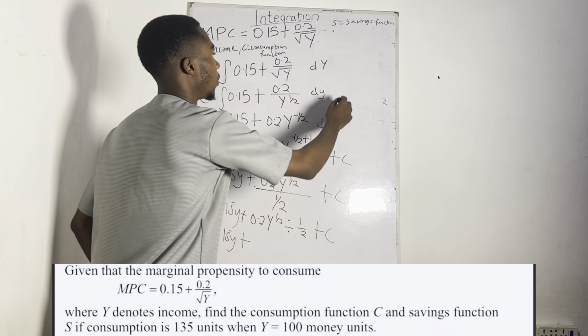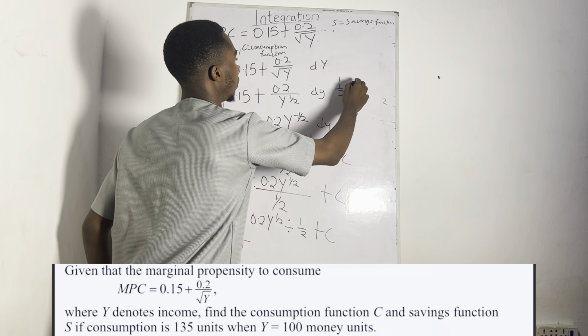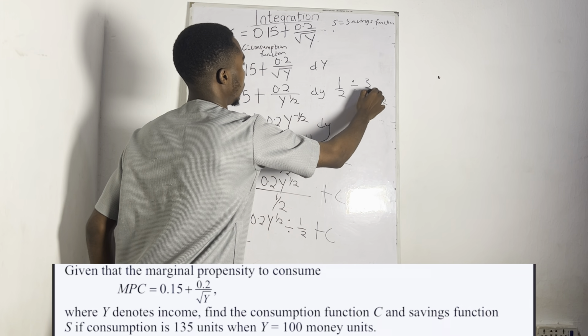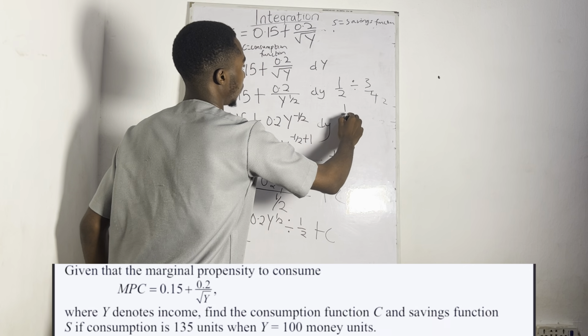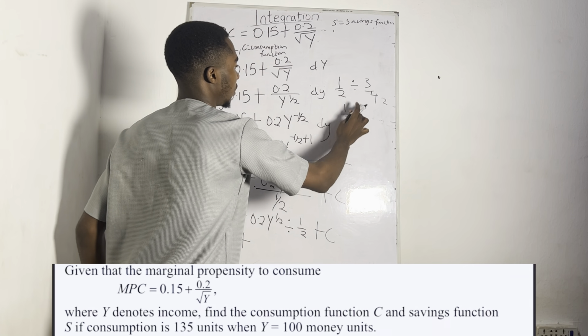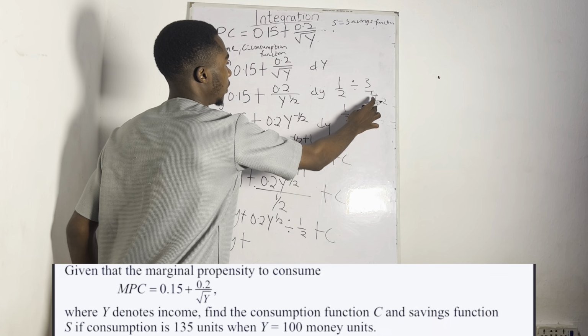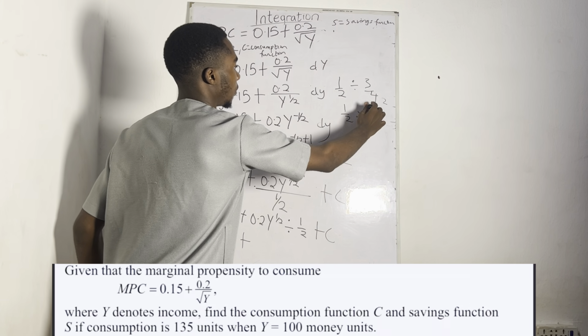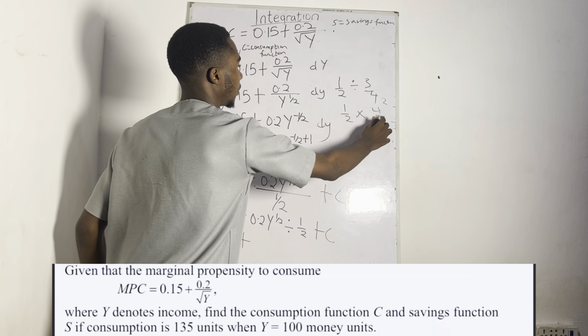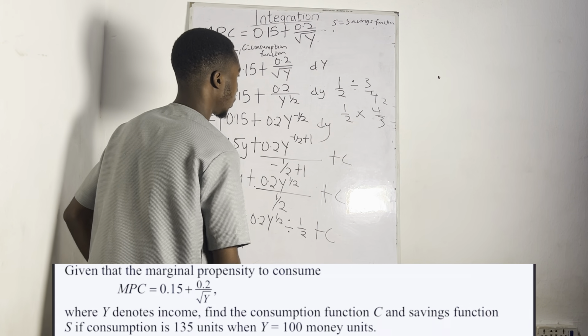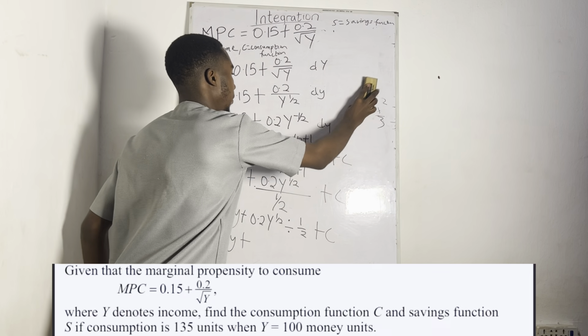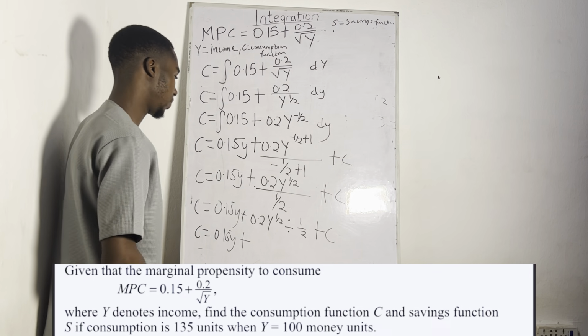If I have 1 over 2 divided by 3 over 4, it becomes 1 over 2 times, the division changes to multiplication. Then the 4 comes up and the 3 will come down. I'm sure you guys remember this. So per that understanding, it becomes plus